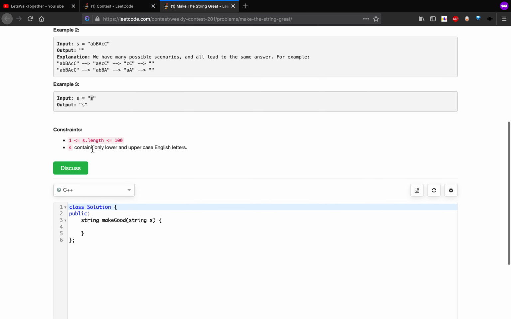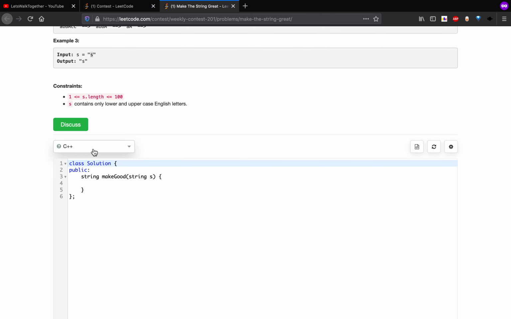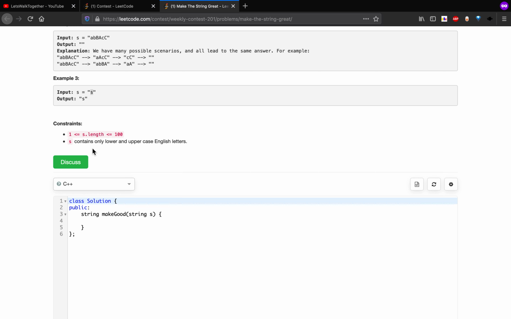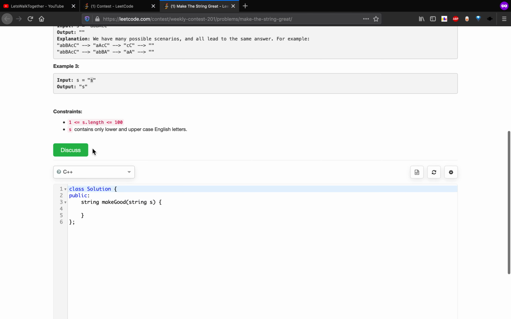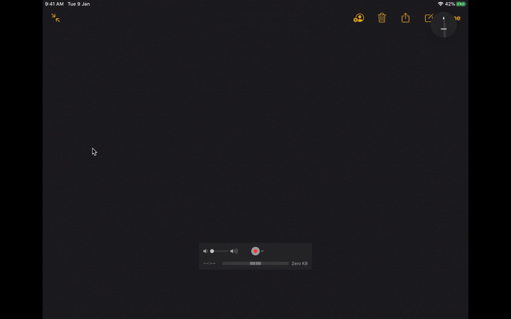So we can solve this problem using a simple stack data structure and iterating over the string from left to right. So let's take a good example where we have this string leEetcode.